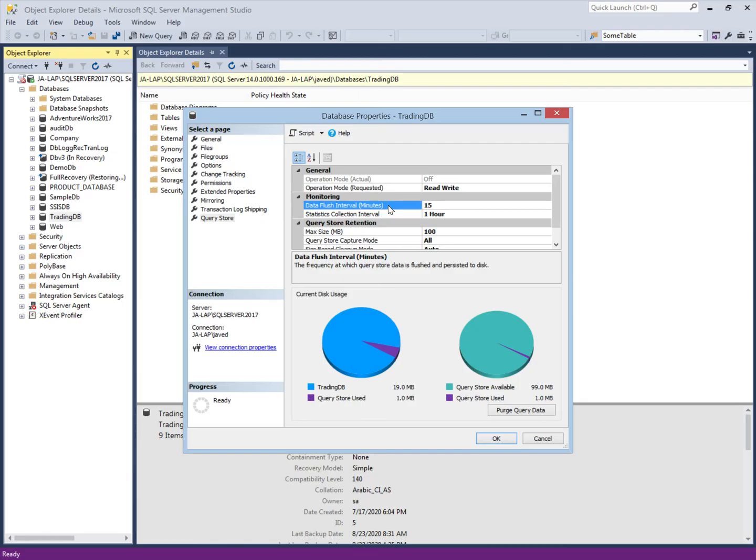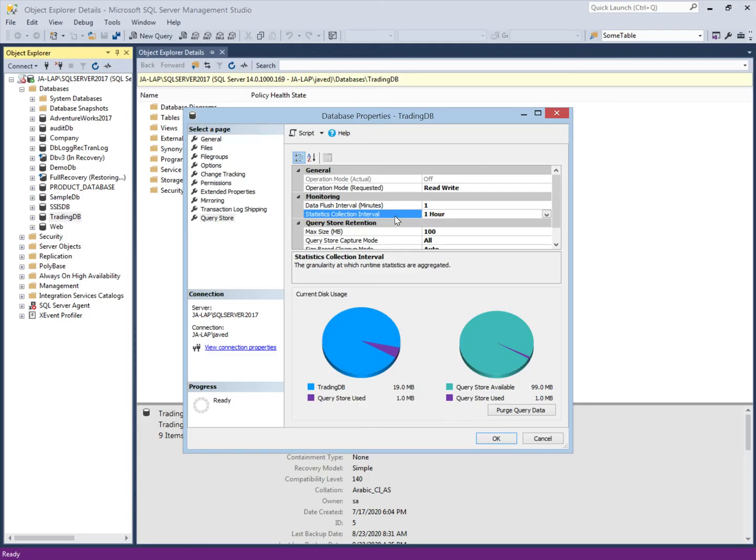This data flush interval is the frequency at which the Query Store data is flushed and persisted to disk. If I set 15 minutes, then after 15 minutes the Query Store data will move from memory to disk. Because we have to test, I will set it to 1 minute. After 1 minute the data will flush from memory to disk.